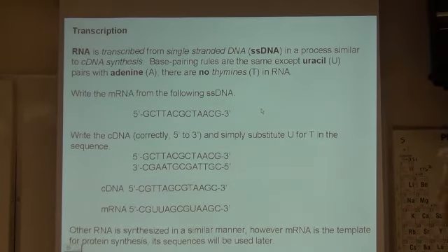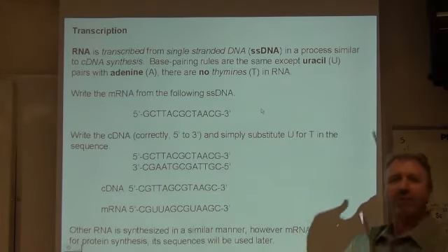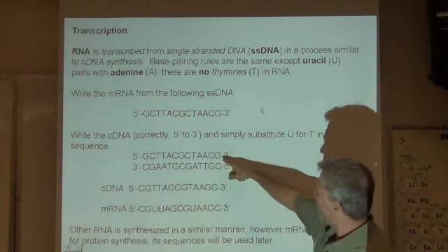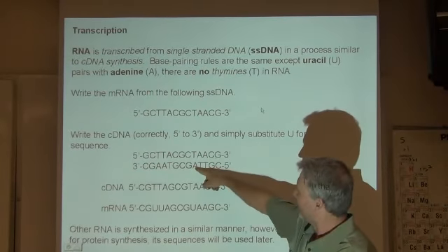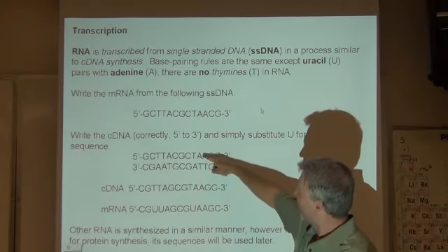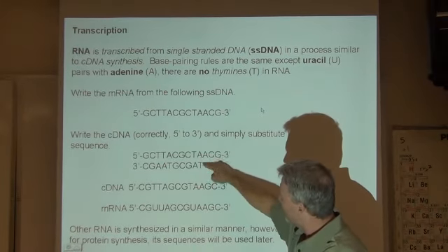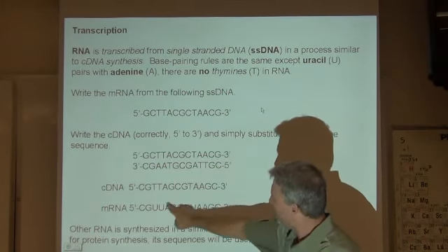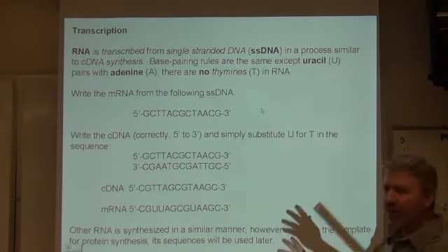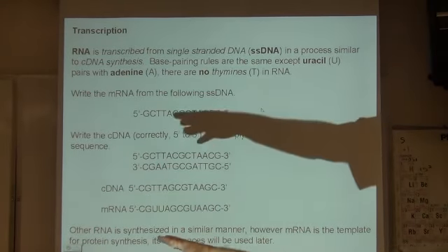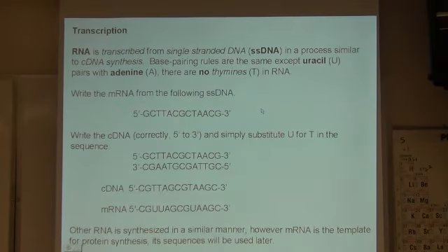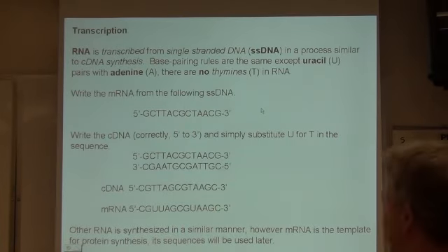That's how I do it. Other people, much smarter than me, can look and say, well, if I have a T, I still pair it with an A, but I'm dealing with messenger RNA. So anytime I have an A, it's actually going to pair with a U. So these two ultimately work right here. So whatever way you want. I draw my complementary strand, flip it around in the right direction, then I just draw a line through all my T's and put U's in.